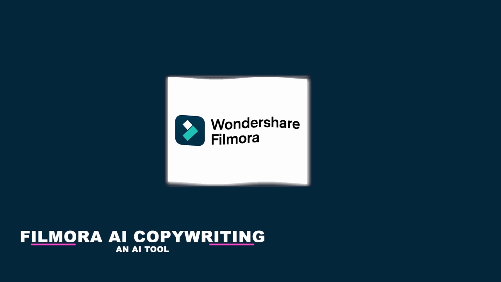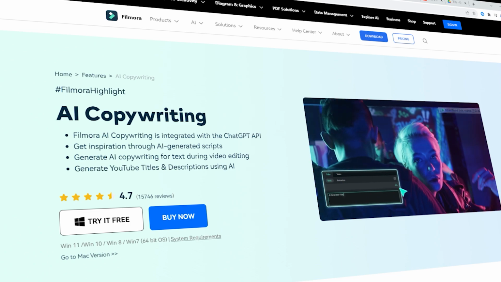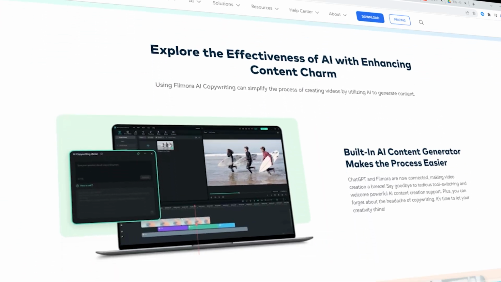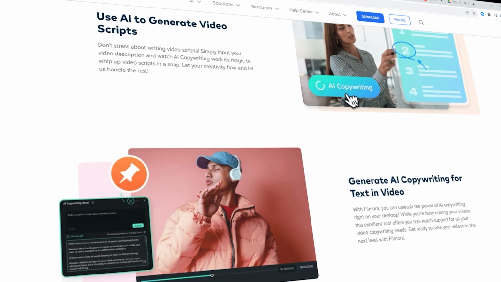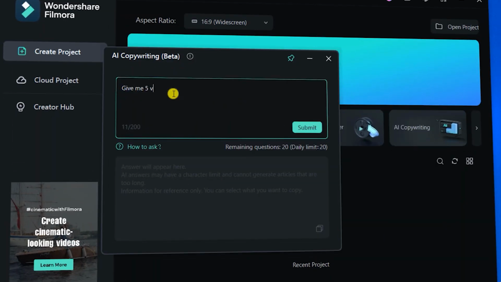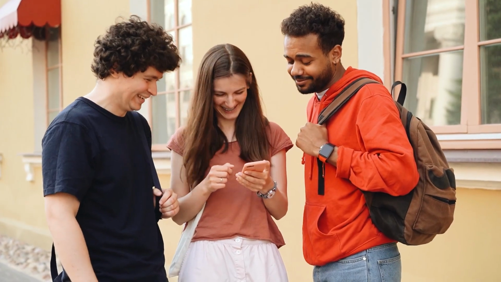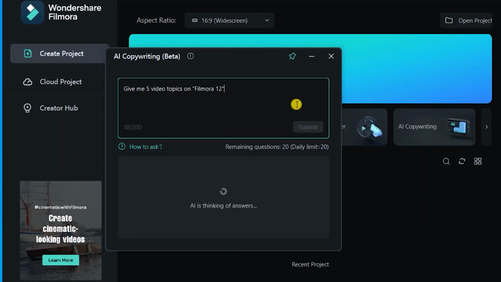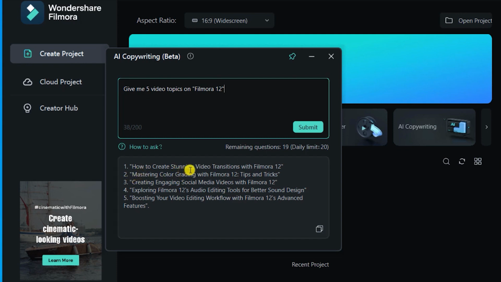Filmora AI Copywriting. Filmora AI Copywriting is an AI-powered copywriting tool that can help you produce appealing ad copy and product descriptions. The tool can help you develop high-quality content that coincides with your brand and resonates with your target audience with only a few clicks. This program analyzes your brand's voice and tone using machine learning algorithms and then creates content